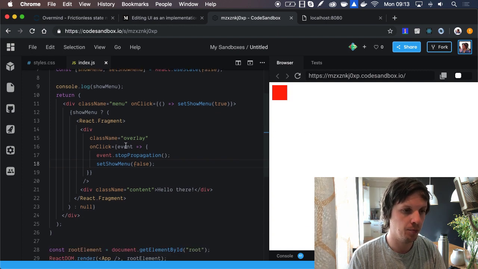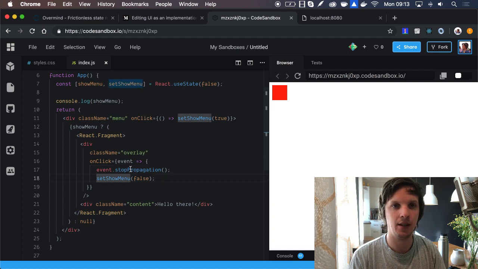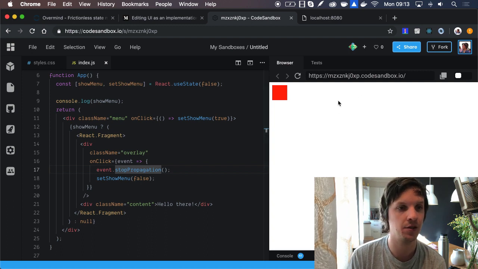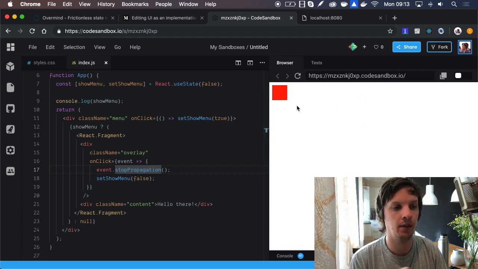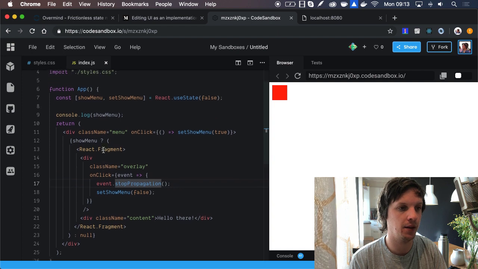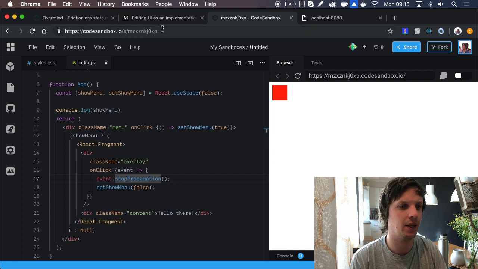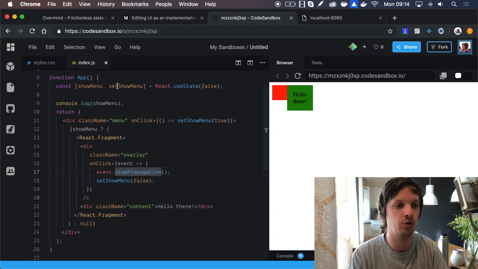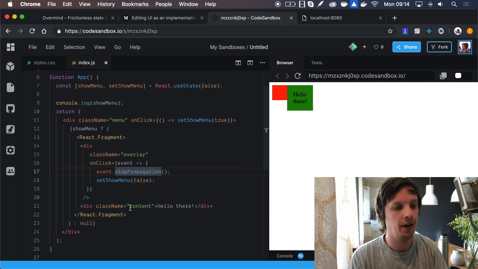Yes. You might have to use some set index here if you have multiple menus, or you use set index on other stuff. But this is the basic idea, and I can put this link in the video. But again, if you want to click something in here to close it, you just put that in the logic of clicking inside here. Then you again point to set show menu false.